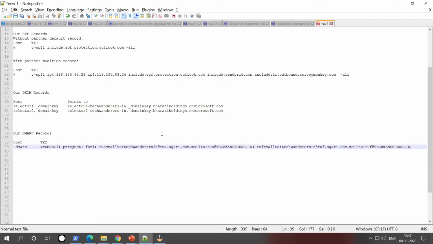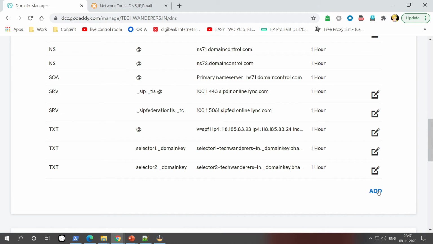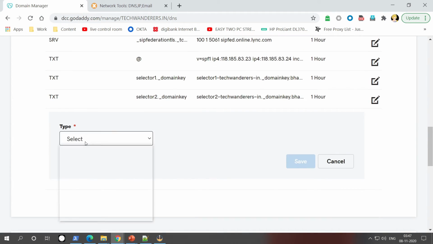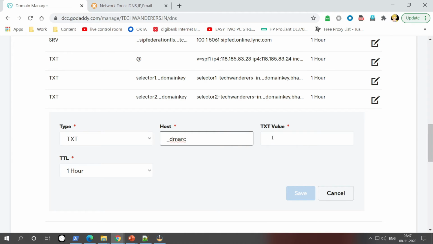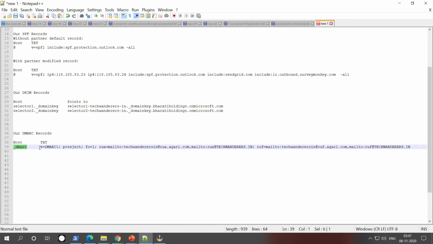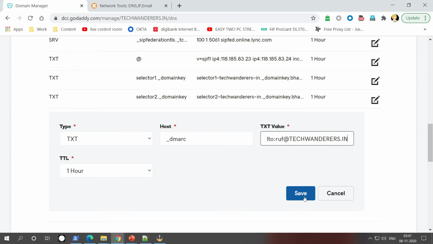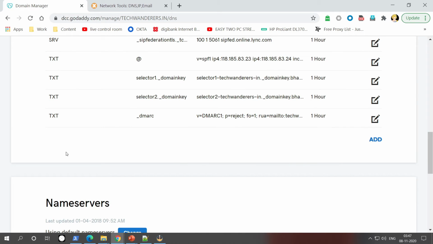So I will create a DMARC record now in our GoDaddy DNS. Go back, select txt, select host underscore DMARC, text value, and save.